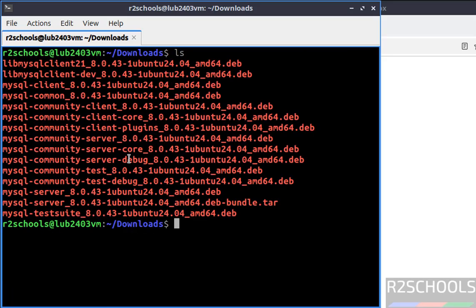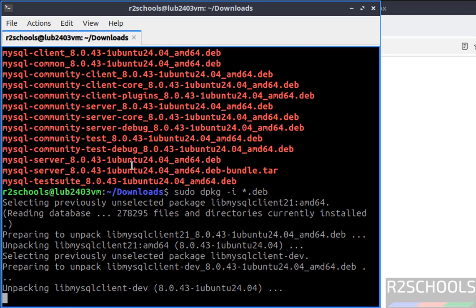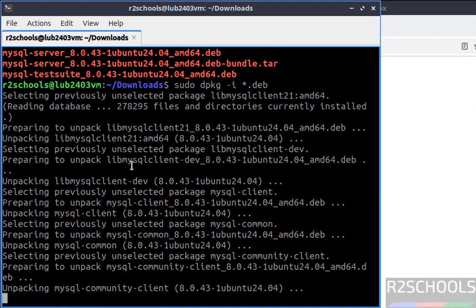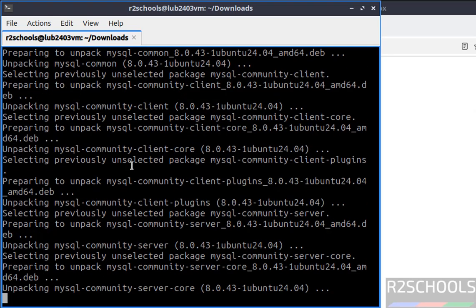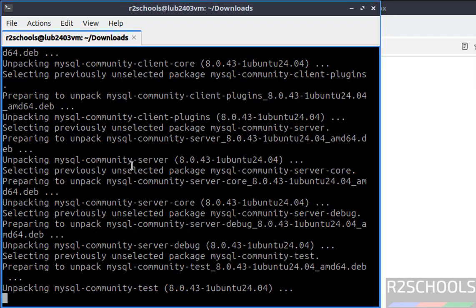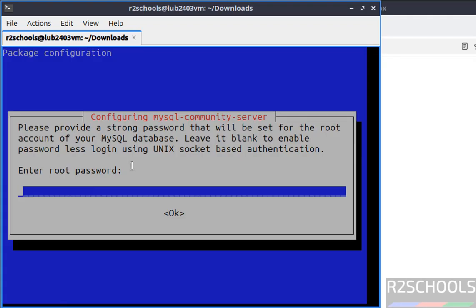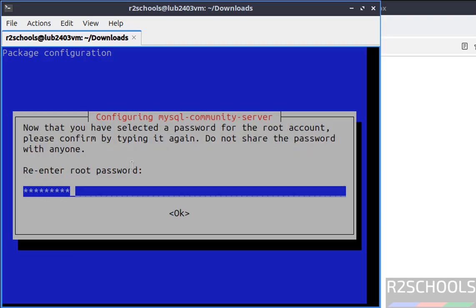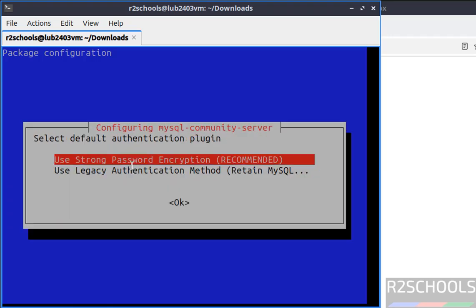Now install these packages: sudo dpkg -i *.deb. This will install all Debian packages from the current directory. Hit enter. Now we have to set the password for the root account. Hit enter, confirm the same, hit enter,